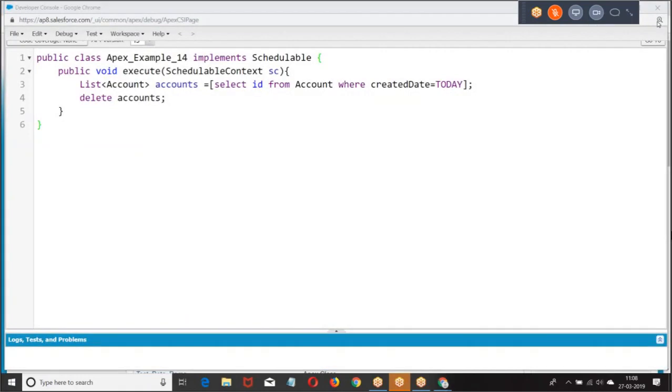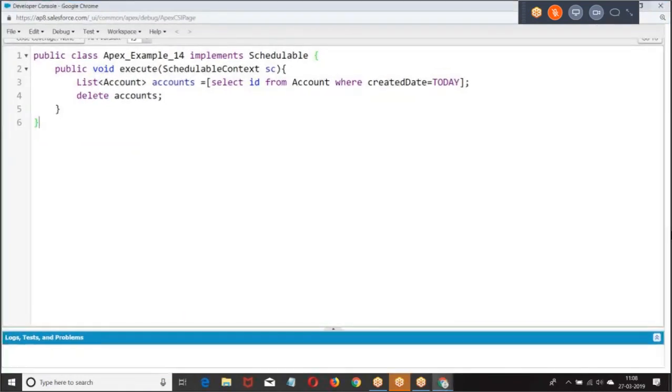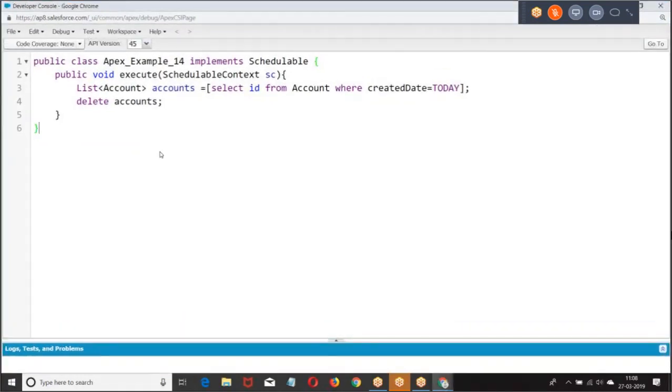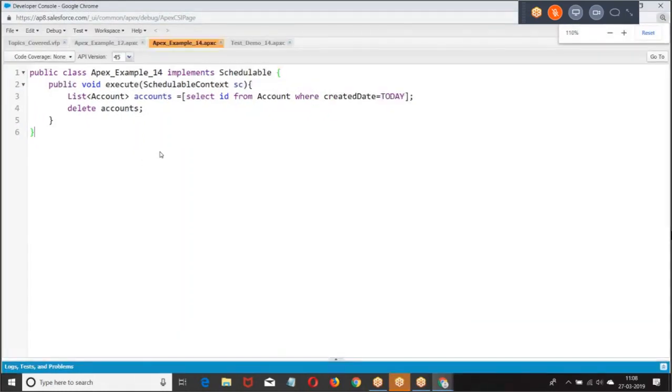Look at this structure. The point here is, why do you want to go for JavaScript?